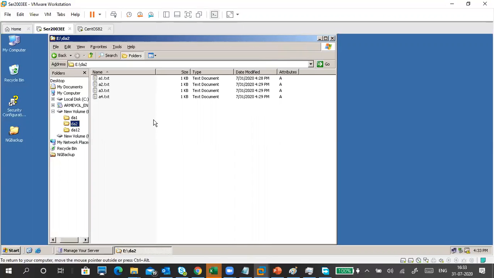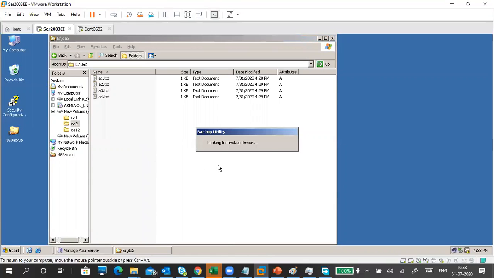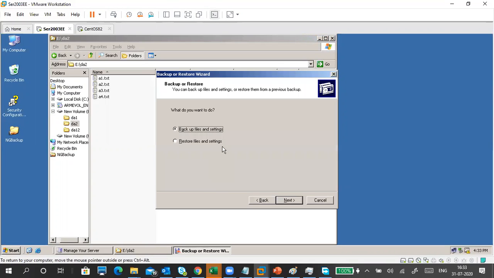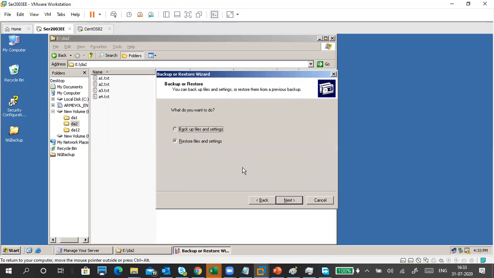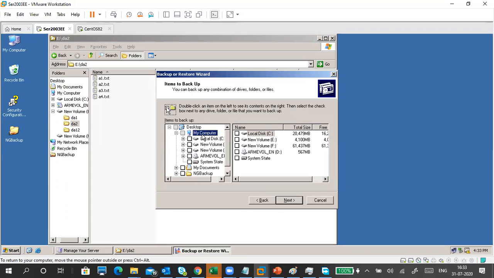So whatever I'm going to do is, I will take the normal backup of this one. So first I will take the normal backup. Sorry. First I have to take a normal backup. This file.